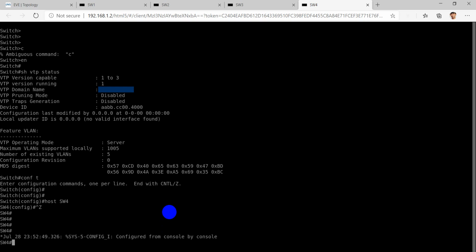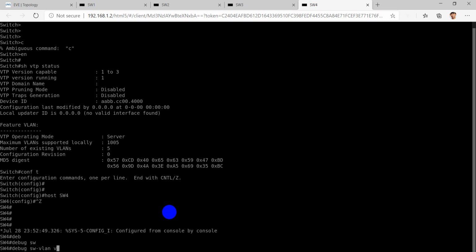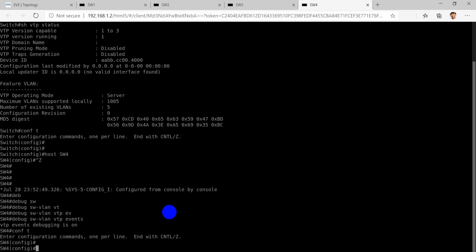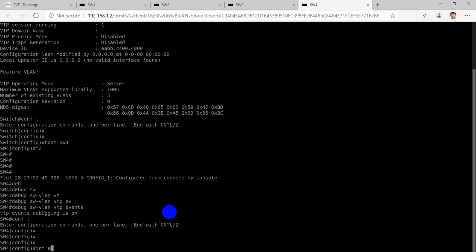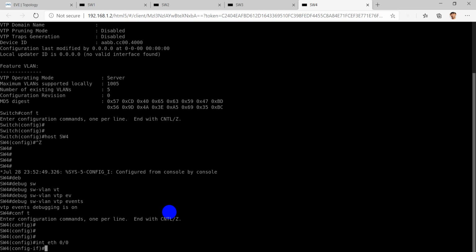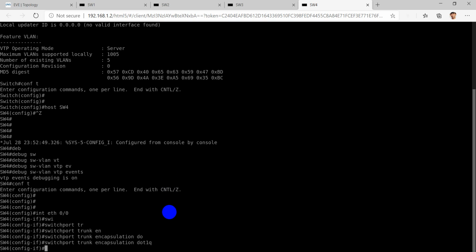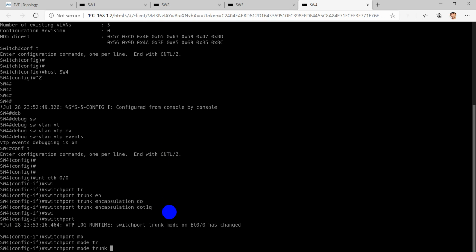So we'll just enable the debugging for VTP. So debug sw-vlan vtp events will be the command. So now interface Ethernet 0/0, switchport trunk encapsulation dot1q, switchport mode trunk.